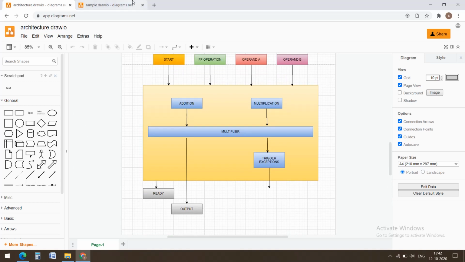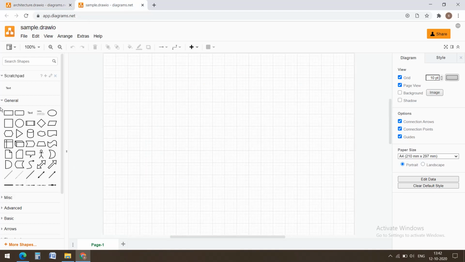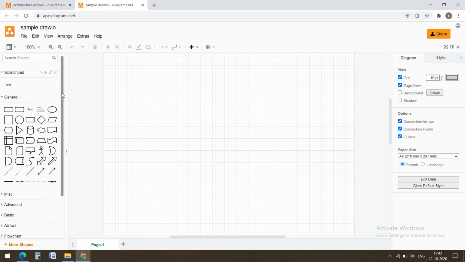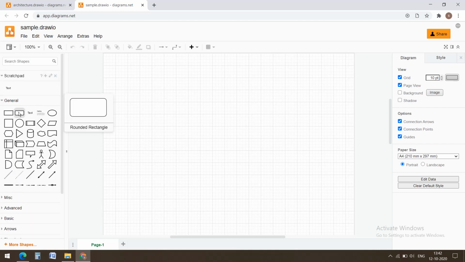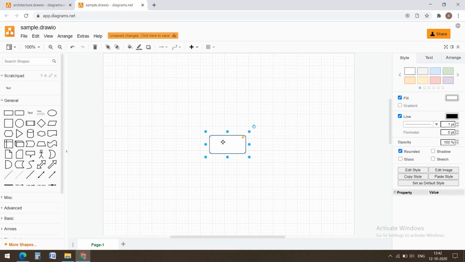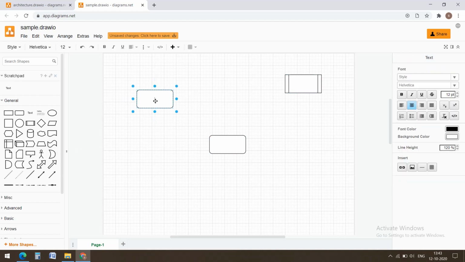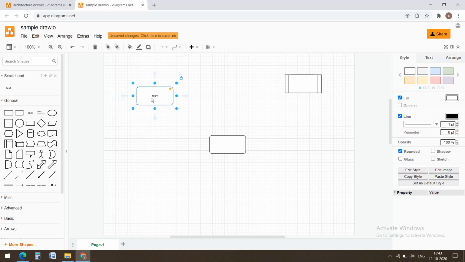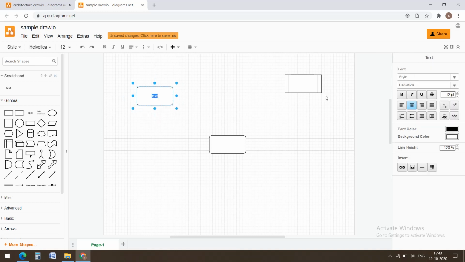Let me show briefly how it works. It has a panel where we get all the shapes, so we can place them. Whatever shape we select will be placed at the center of the page, so we need to drag it to the required place. If we double tap, we can write the text, and to edit the text we select it and double tap on it.